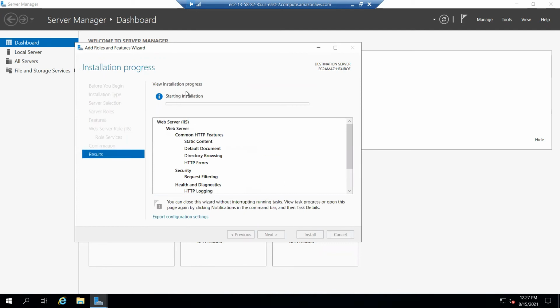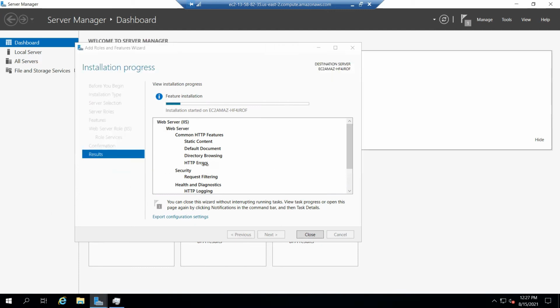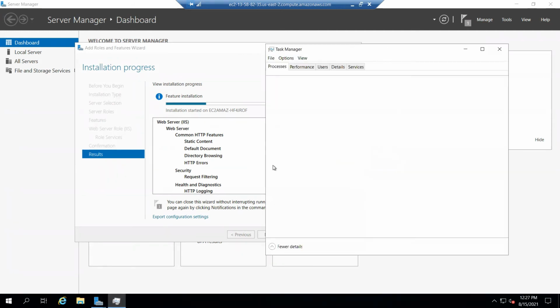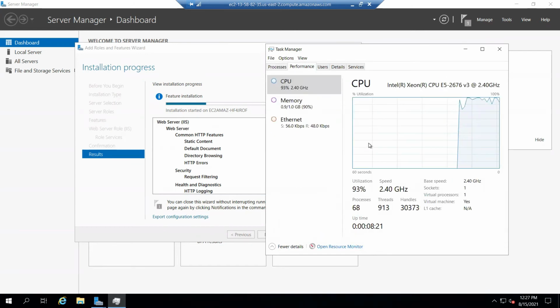Meanwhile, this is installing. I just wanted to show you the system information. We have created a 1 GB machine. So go to Task Manager and see if you are getting the right information over here. Go to Performance and see the CPU. We have a single core CPU. If we had dual core, it would be showing over here. How much memory? We have 1 GB of memory.